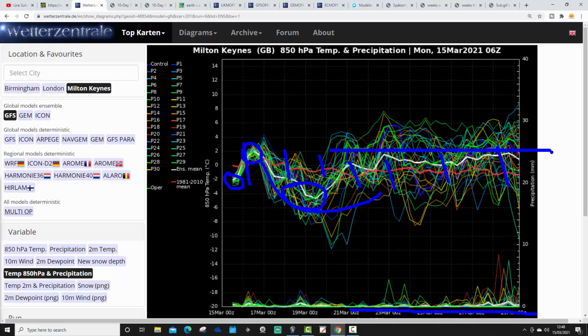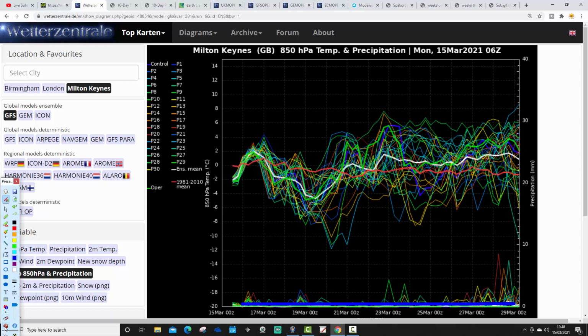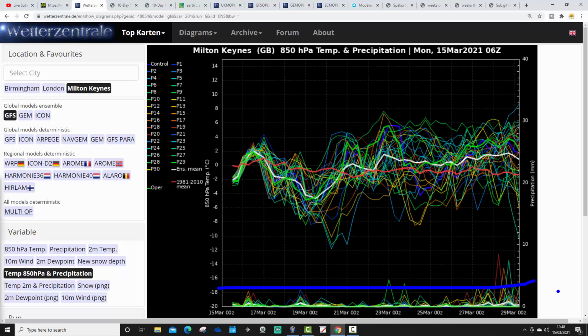I think we're going to have a taste of spring next week, and temperatures should lift up into the low to mid-teens Celsius. Precipitation-wise, going to be quite a lot of dry weather as well. There are precipitation spikes here. They're not completely universally dry, but that is quite a dry sort of ensemble for the next couple of weeks. So not going to be all that much precipitation. High pressure is going to be ruling the roost through much of the period, and it will get warmer, or certainly